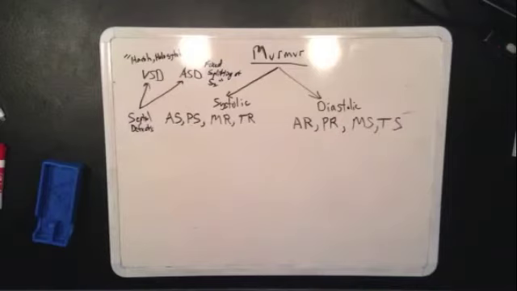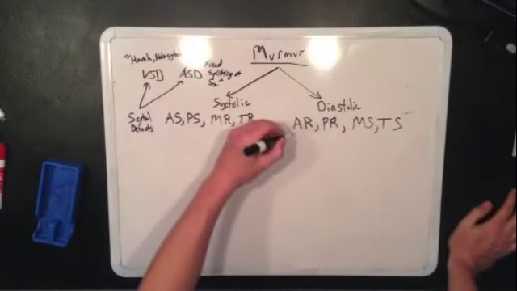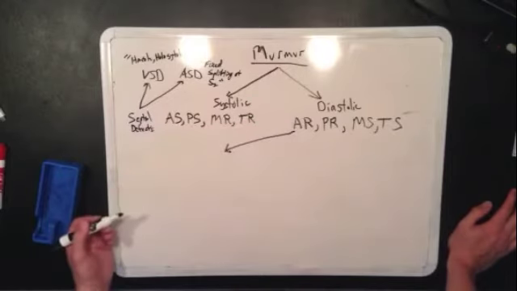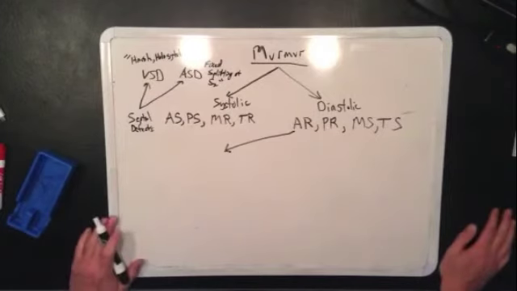So here's what you need to know about the right-sided, or the diastolic murmurs. With aortic regurge, what's happening? Blood is coming back into the left ventricle when it's not supposed to during diastole. Okay, so you know where you're going to hear this. You're going to hear this on the upper